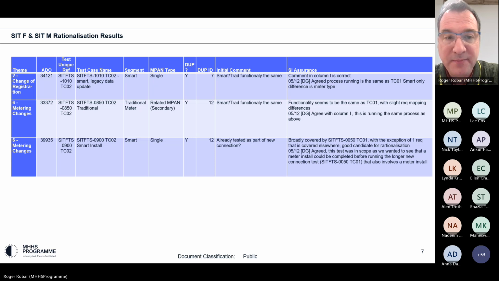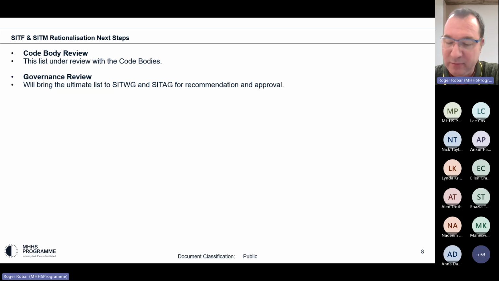All right, any further comments or questions on this slide? All right, so that's the detail, and that's what this session was originally meant to cover. Again, as I said, we'll take it to the working group and advisory group.